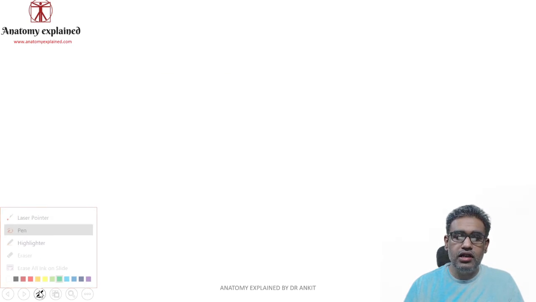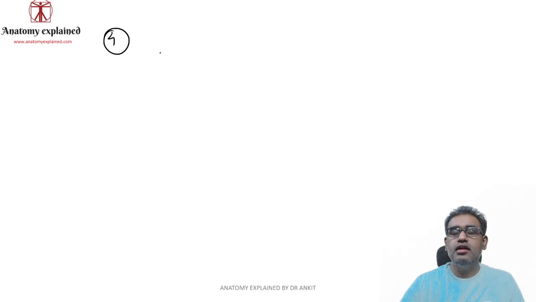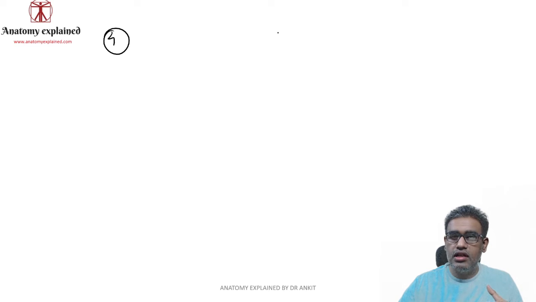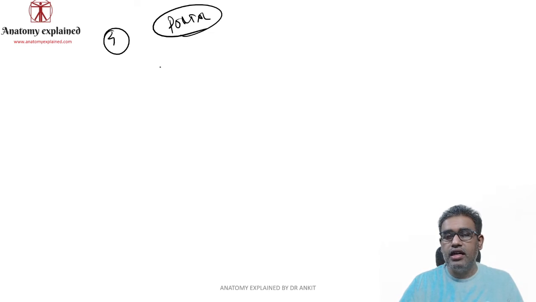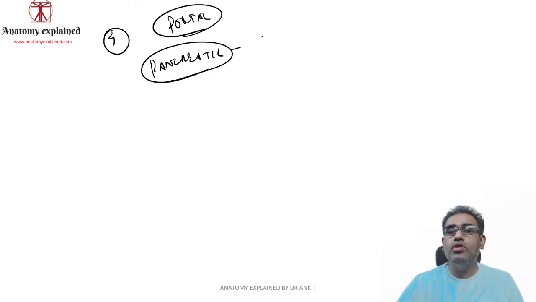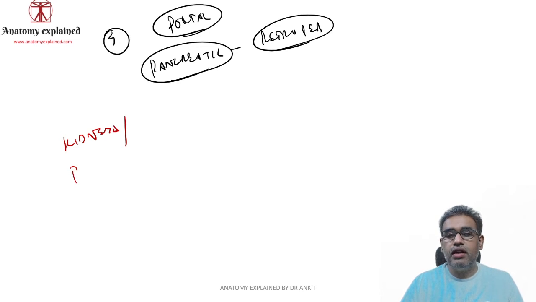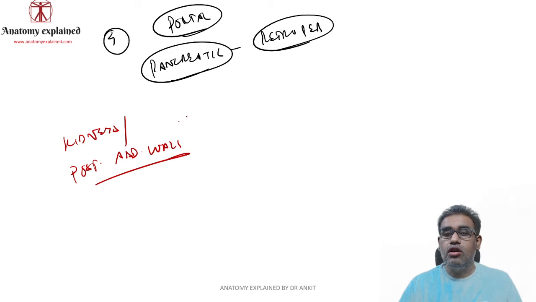The fourth part I already told you initially also. If you recall the portal circulation, what were the tributaries? Portal circulation was also getting the veins from the pancreas, so it was having the pancreatic veins, and the pancreas is what? It is a retroperitoneal structure. Okay, and what are other retroperitoneal structures? We have the kidneys. We have the posterior abdominal wall, that is a totally retroperitoneal structure, and all these have veins.